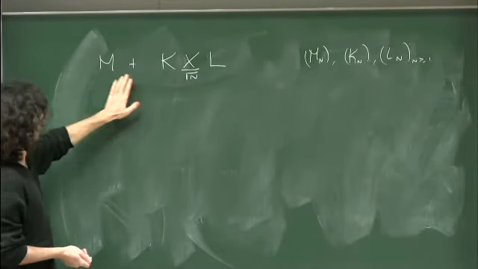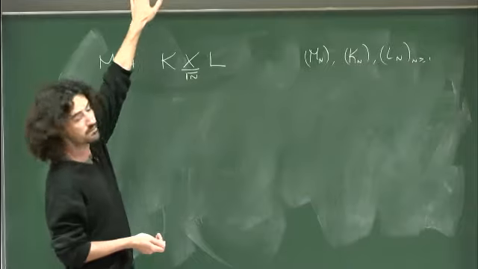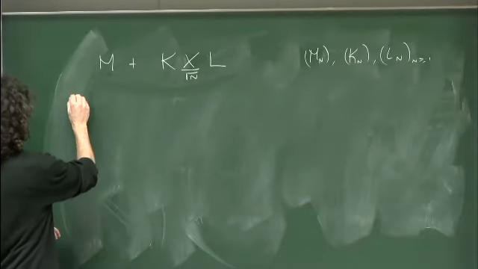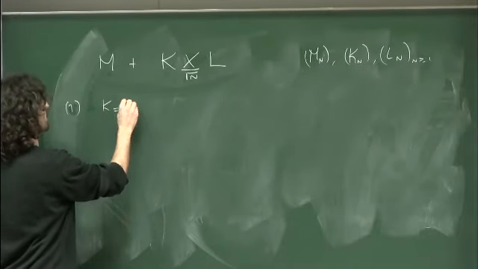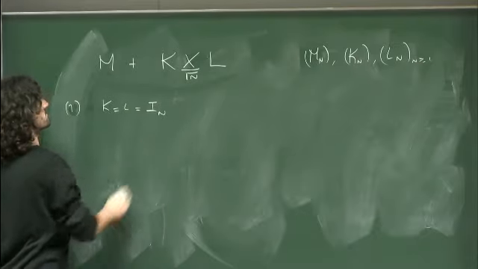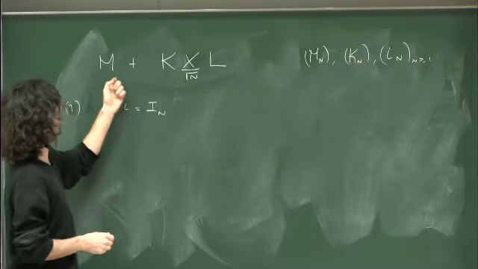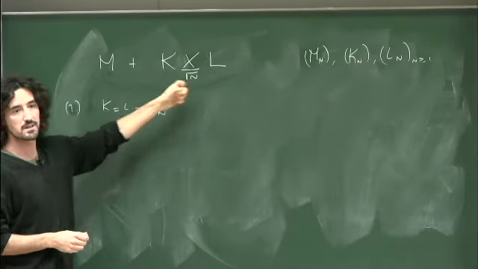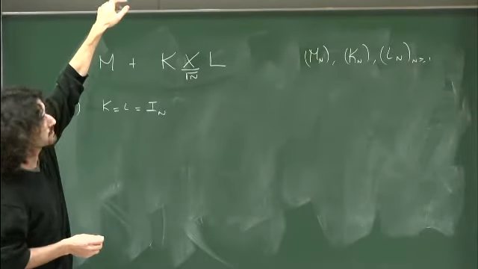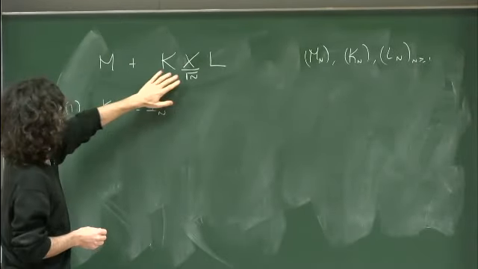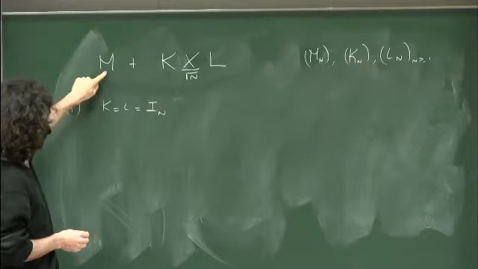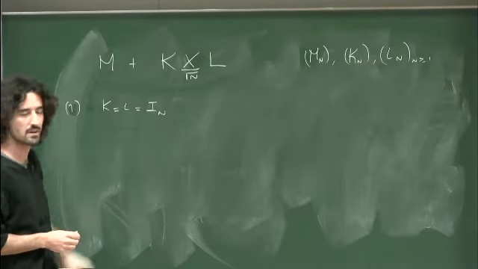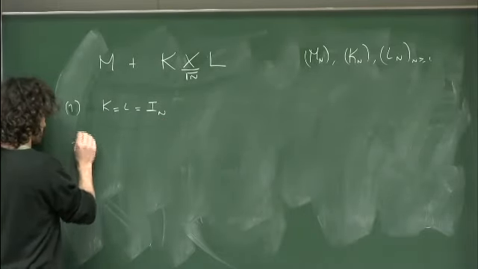So when I take M, K, L as being identity, I have this case. Okay, when I take K equal L equal identity, I can think of M as being the average matrix of X, because my entries are centered. So I could deal with non-centered Hermitian matrices by dealing with this case.